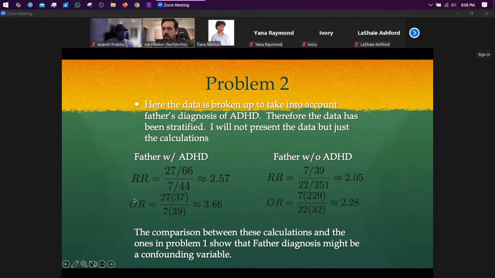Okay. Odds ratio. What do we get? Somebody new. Don't make me call on you. I probably won't do it. Okay. 7 divided by 32 divided by 22 divided by 229. Which is approximately 2.28. Now, what we want to do is we can say that the comparison between these calculations here